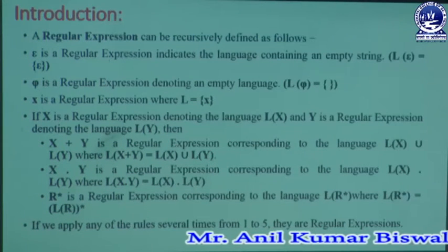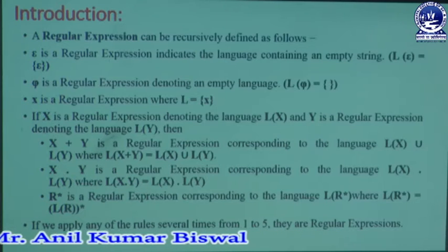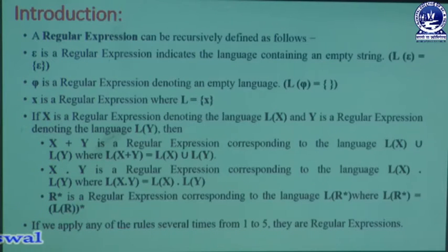This is the general way we represent regular expressions in the theory of computation, and each regular expression must be manipulated in the form of L of x union L of y. Similarly, the plus symbol is part of union, and the dot is different from it. So x dot y is a regular expression corresponding to the language L of x dot L of y, where L of x dot y is represented as L of x dot L of y.